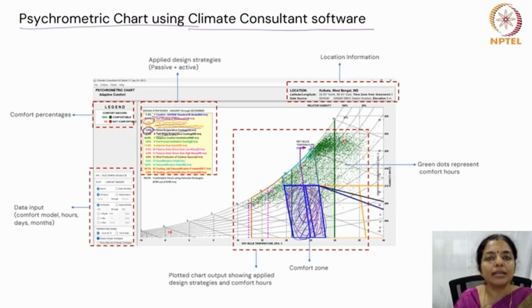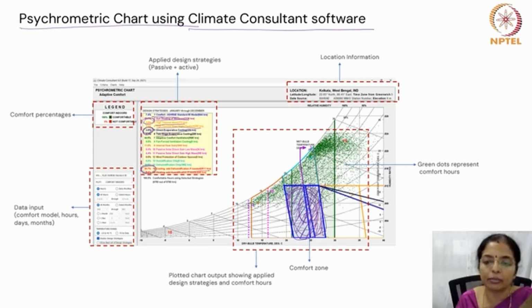Dehumidification helps reduce discomfort from high humidity by 16.8% hours. There are other parameters also, but I'm not going to go into each of these strategies, what happens when you use each strategy. For example, cooling and dehumidification, if you apply that strategy, then 28.7% of the year can